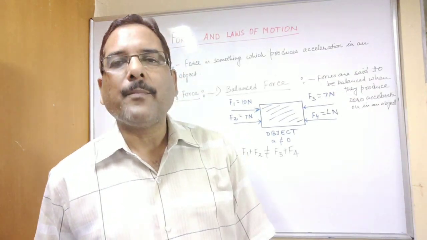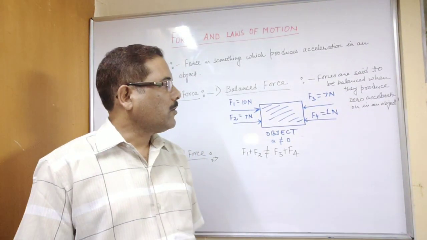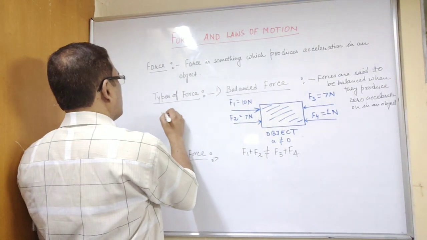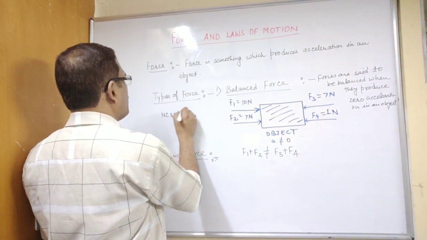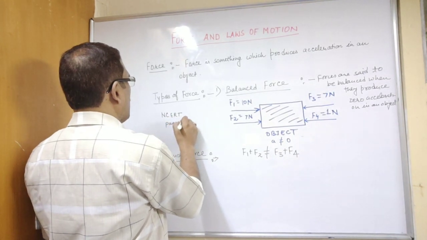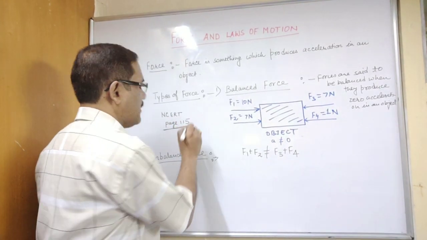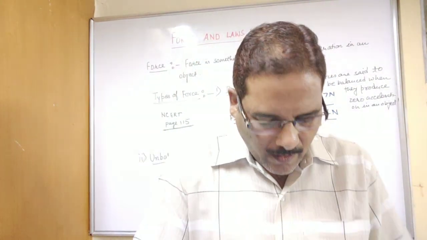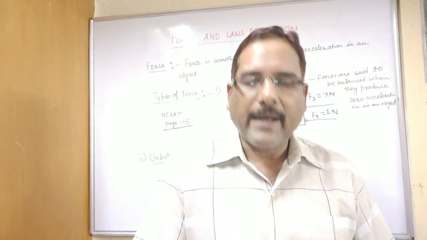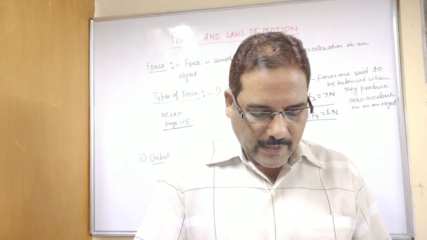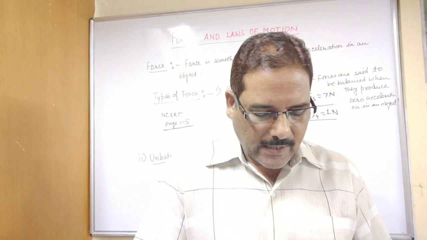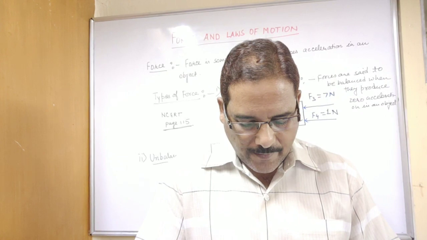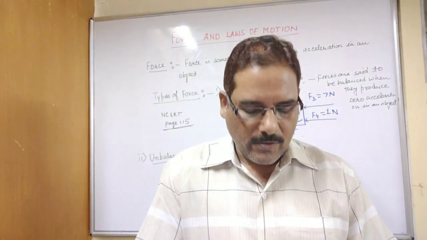Now some examples are also given in your book. Open page 115 of the NCERT and go through the book. I am reading the last paragraph on the left side. It is written, what happens when some children try to push a box on a rough floor? An example diagram is also given in your book.